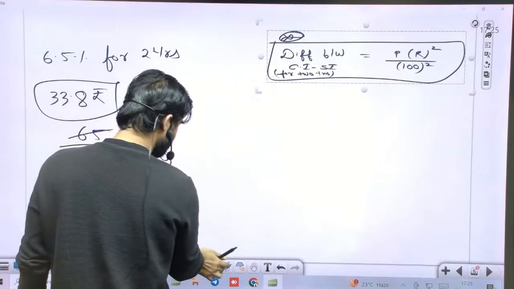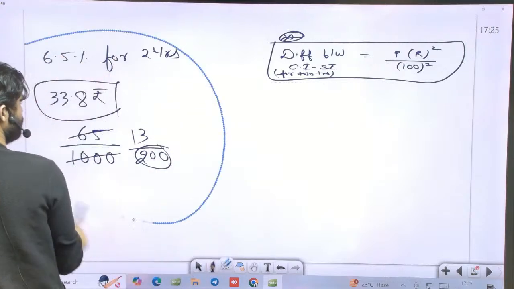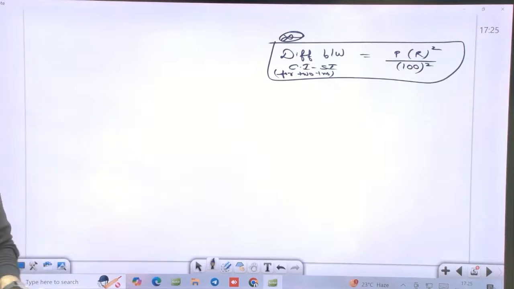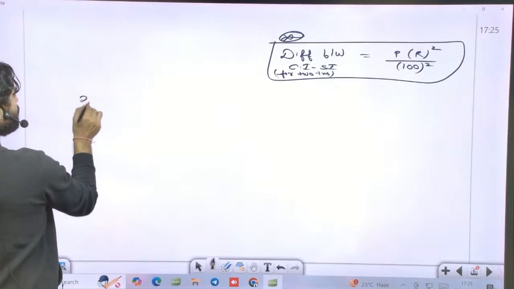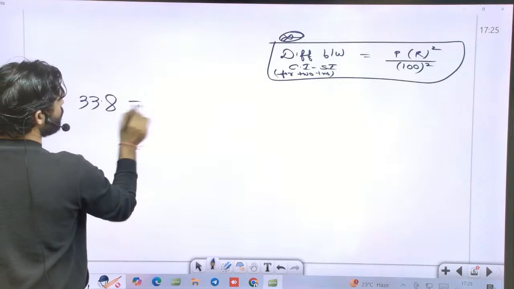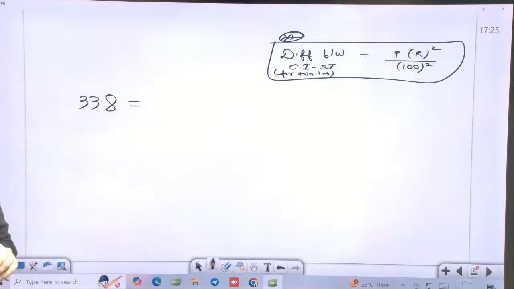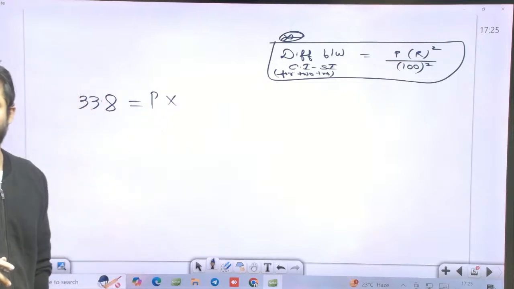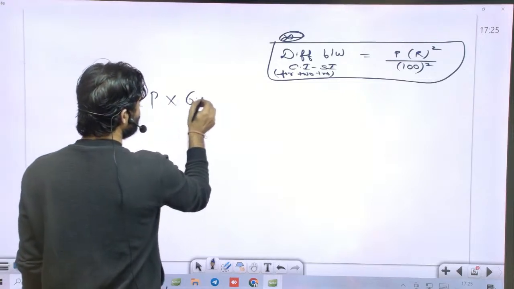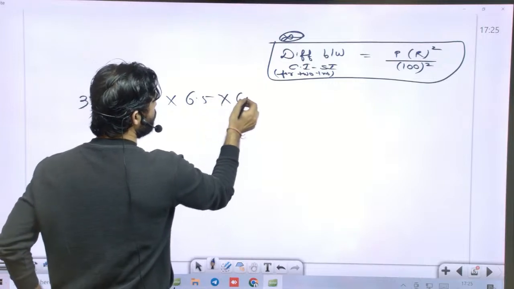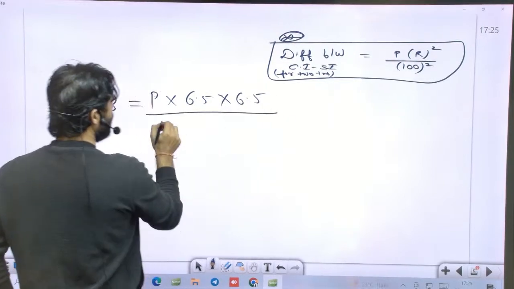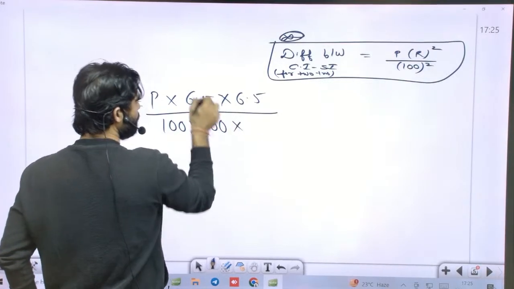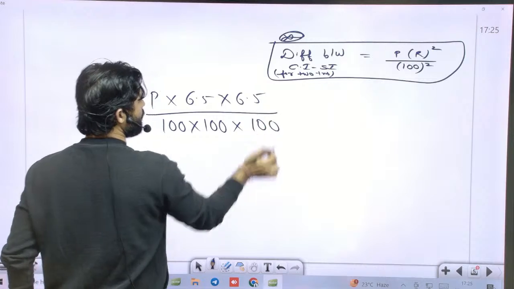This is the formula. So the difference is given. The difference is 33.8, and we have to find out the principal. Rate of interest is 6.5. So this is 6.5 into 6.5 and 100 square, so 100 into 100, and if we remove the decimals, we will get an extra 100,